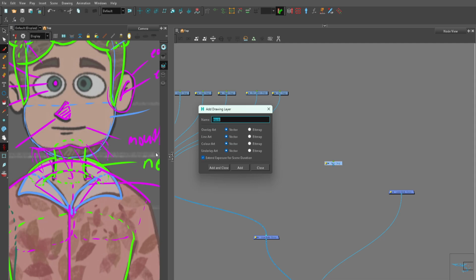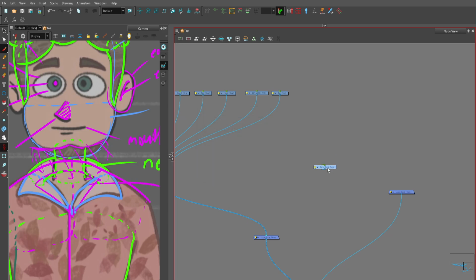So I created the drawing for the chest, which will contain the skin for the chest. And then I have here 3 drawings for the collar. So I'm going to call it collar 01, 02, and then back. Okay. Connect, then